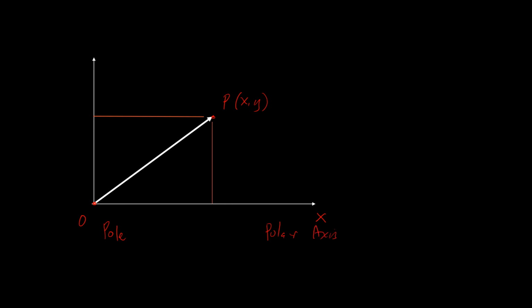The distance of the point P from the pole is denoted by r, which is sometimes referred to as the radius. Let theta be the angle that line OP makes with the polar axis. Now the point P can be represented by the pair r, theta. r, theta are the polar coordinates